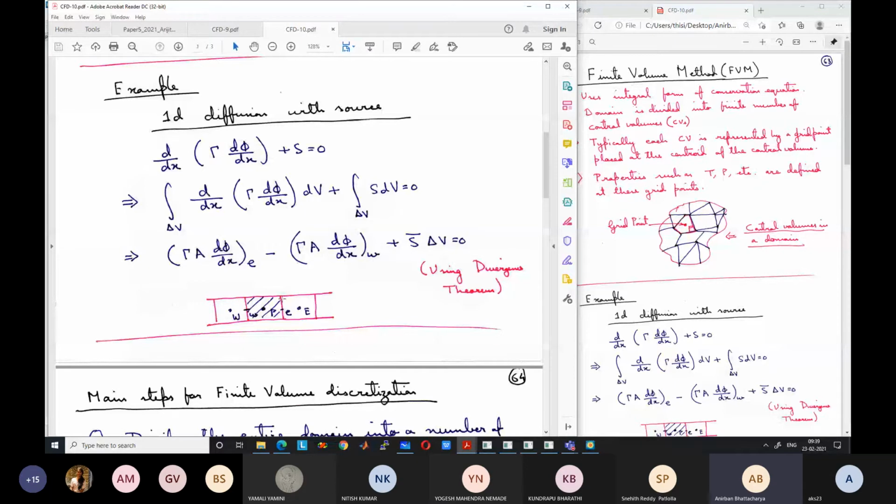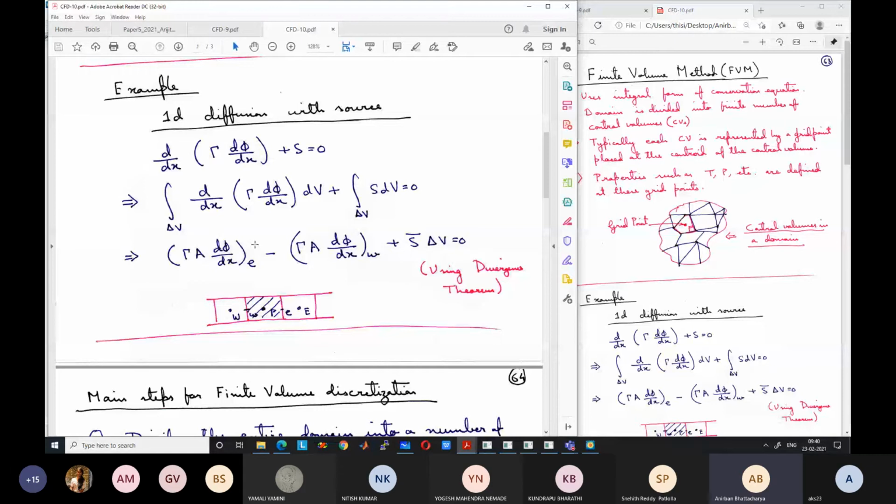So this is the net flux over the boundary, plus any source term, the net source term S, the average source term over the entire control volume, into the size of the control volume delta V, equal to 0. So physically it means that whatever change occurs due to the source term is equal to whatever change occurs over the boundary. Any energy that is generated in the domain because of a source, or is taken away from the domain because of a negative source, is equal to the energy which comes from the boundary. Obviously this has to be true from conservation.